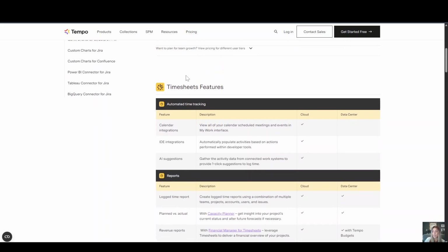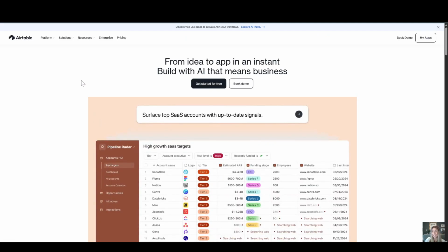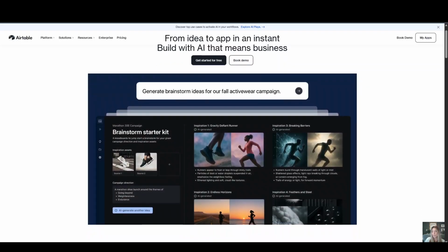So do keep that in mind. I do find the costing can then be a little bit exorbitant if you're needing multiple features from within the tool itself. Now, next on our list is Airtable, one of the most popular tools out there just because it